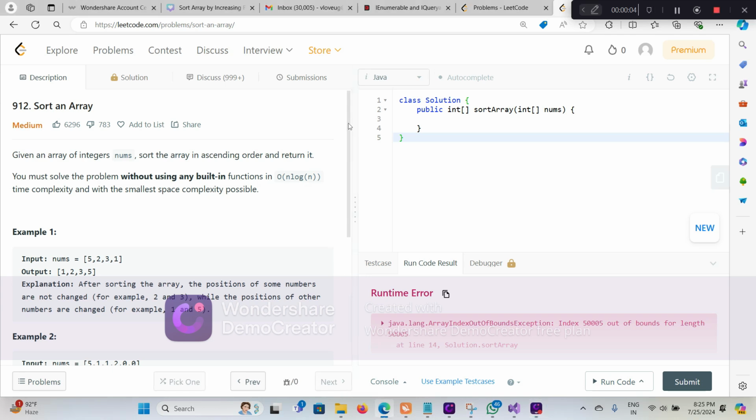So today we will solve this problem, sort an array. We will sort the array without using any built-in functions. Like every programming language has built-in functions, like in Java we have Arrays.sort. We will not use any of them, but I'll try to solve this problem in O(n) time